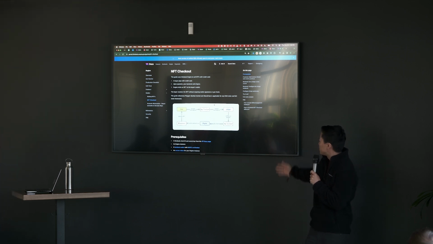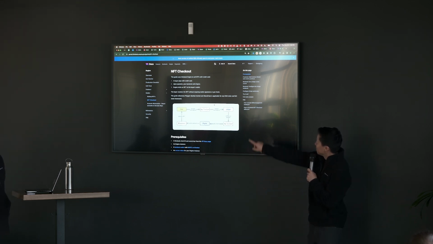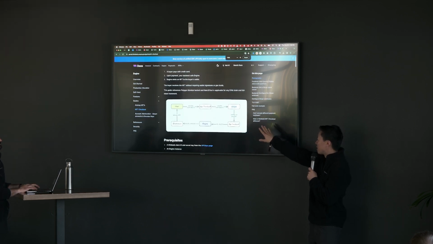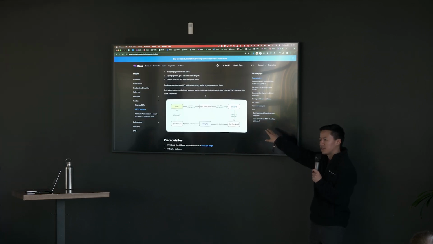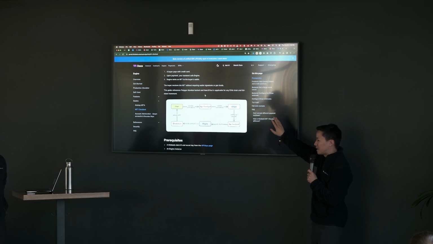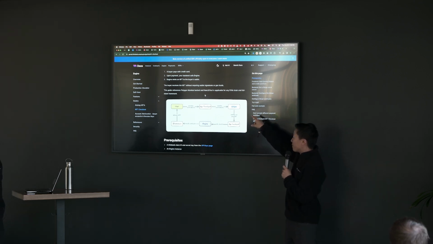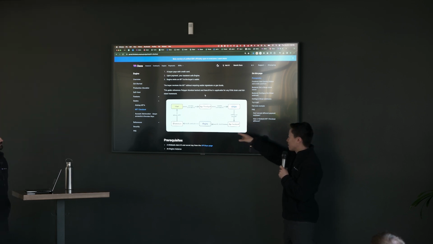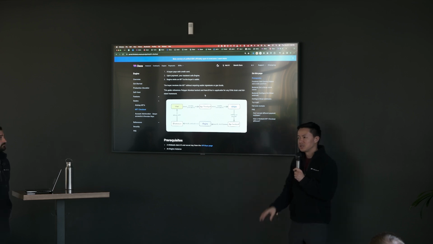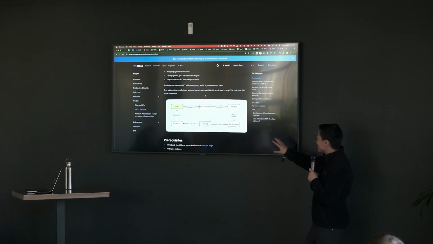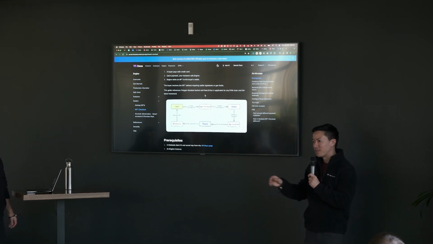You can build your own NFT checkout product, and this is the flow where the user provides a payment method to the app's front end. The app front end submits card details to the app's Stripe. The app owns their Stripe account. On payment, Stripe notifies the app's backend. The app backend calls Engine to mint, and then that user gets that NFT. I probably overcomplicated it with this diagram, but it's really just bring your own payments, call Engine.